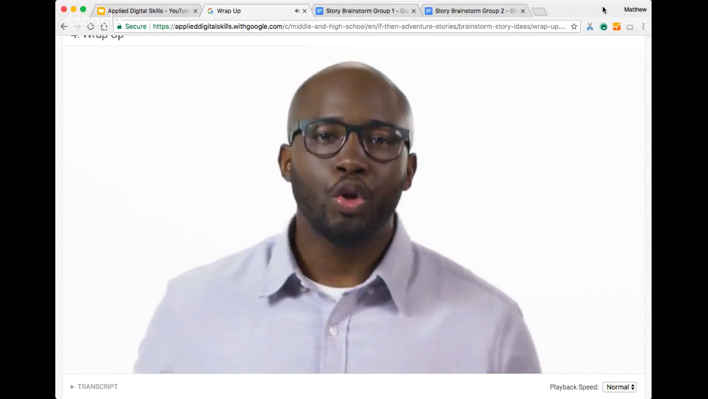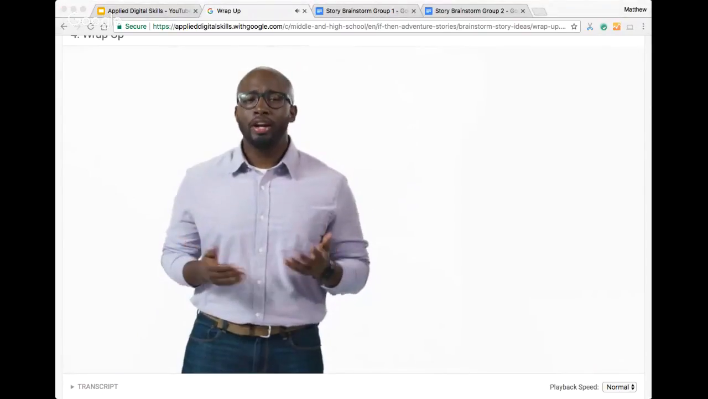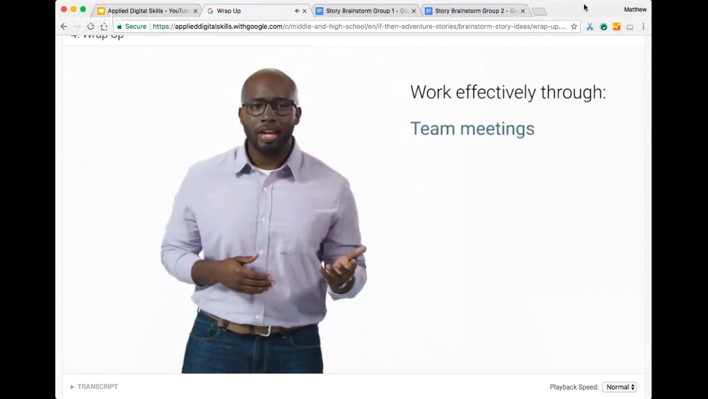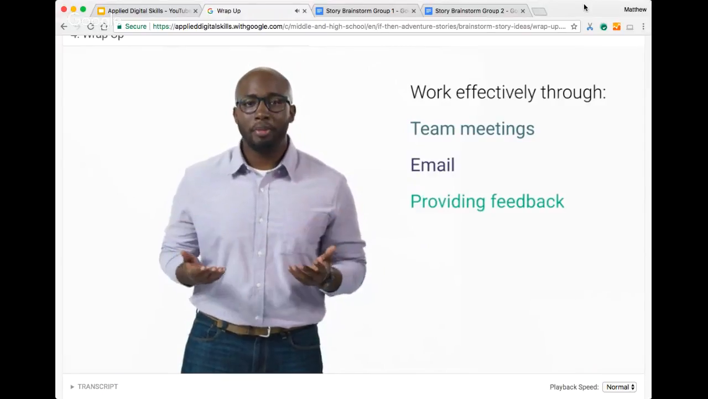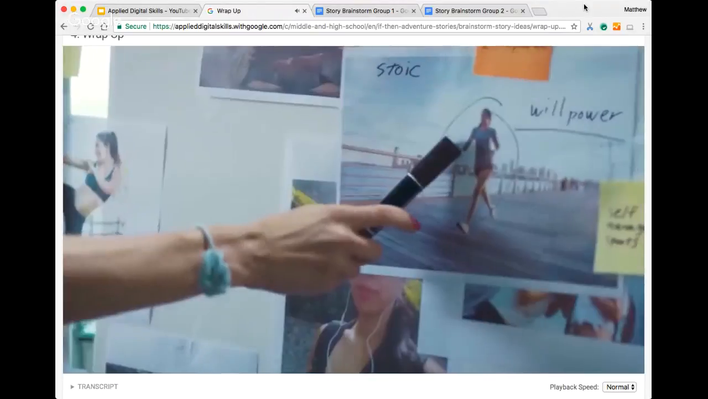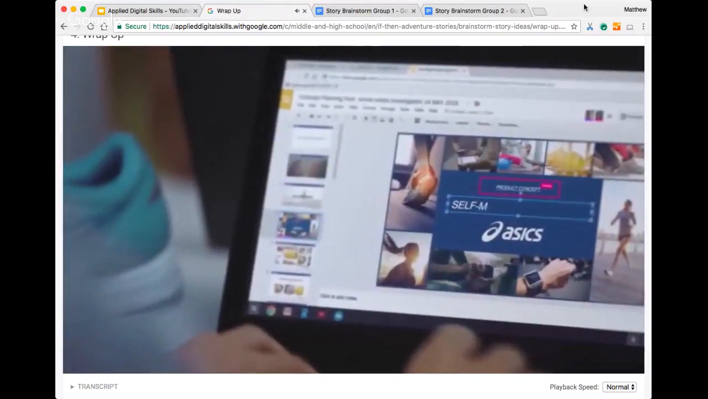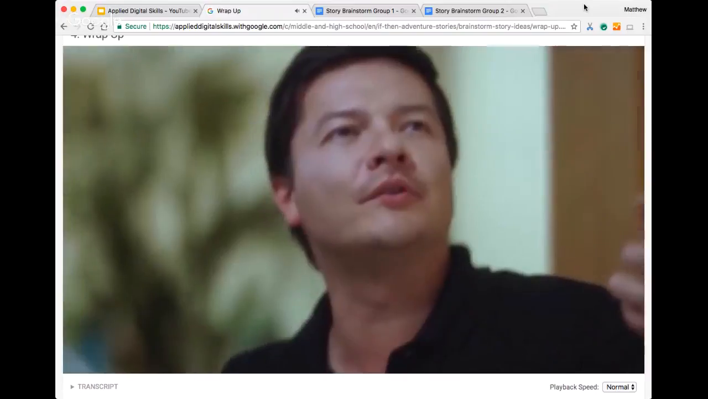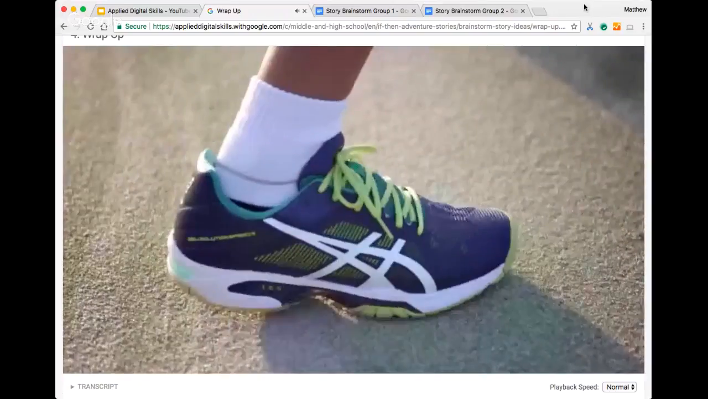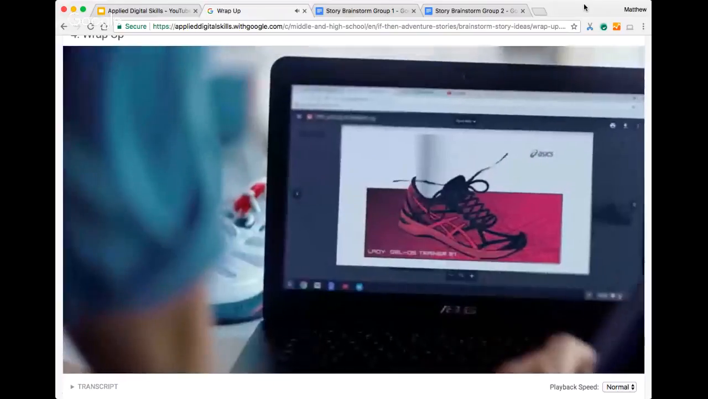In this activity, you collaborated with your group to brainstorm story elements. In every career, it's important to be able to work effectively as part of a team, whether it's through team meetings, email, or providing feedback to documents. Just about every job requires some form of collaboration. For example, employees at the A6 Shoe Company collaborate using the same tools you use in this activity. People from all over the company, including designers, marketers, and data scientists, work together to develop new products in smarter,